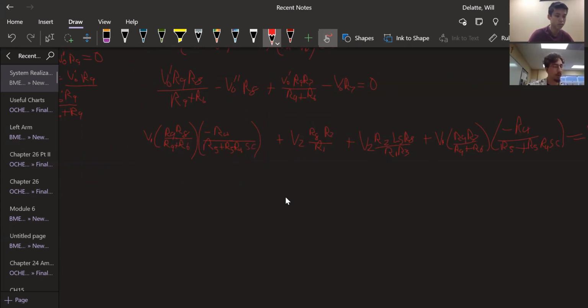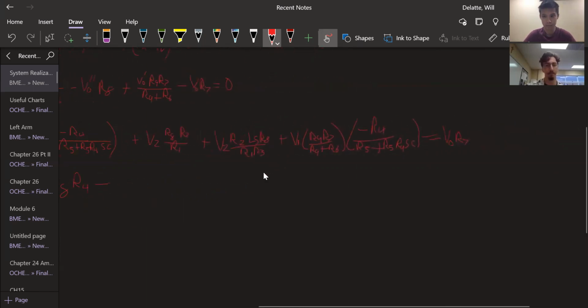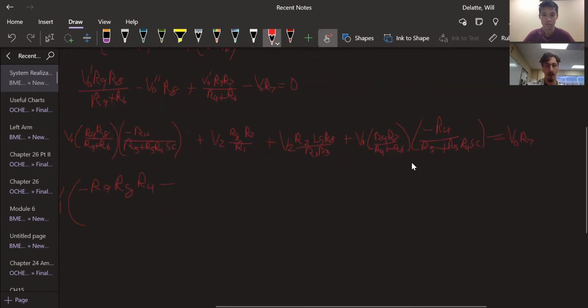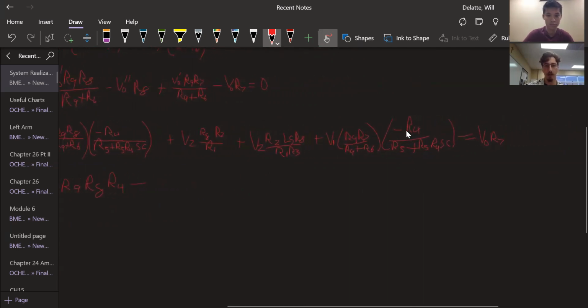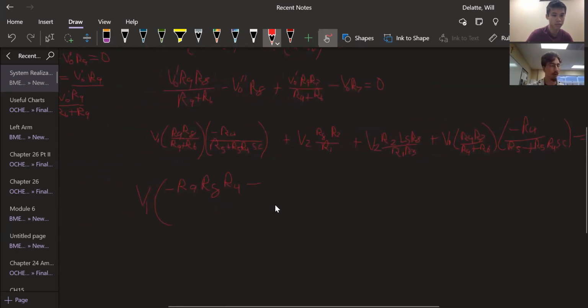So that we're going to get one big like term in the end, where we get V1 multiplied by, and remember, we're going to distribute that negative sign out to get R9, R8, R4 minus, right? Because we're going to do the same thing over here. All that really changes is our top term here, which is how we can simplify this and combine into like terms. So then we're going to get a little bit of R9, R7, R4